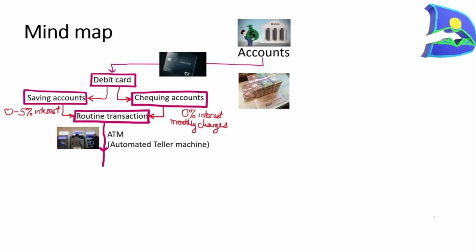Another method by which routine transactions can be established is by e-transfer or Interac. You can just tap your card. That is easy for you to spend your money that way, or to pay for a specific item or service, and this is done electronically or online. It's pretty convenient, way more convenient than writing a check and sending it to a specific